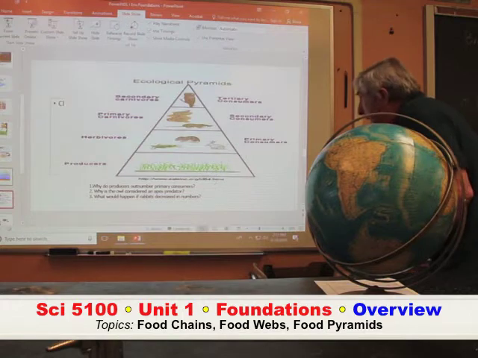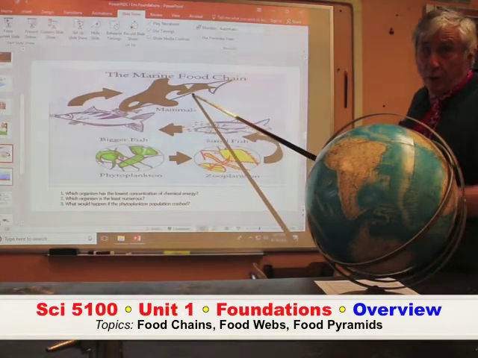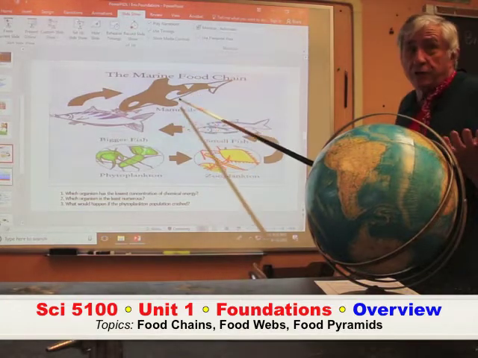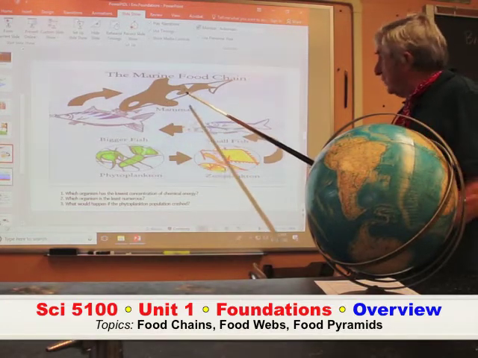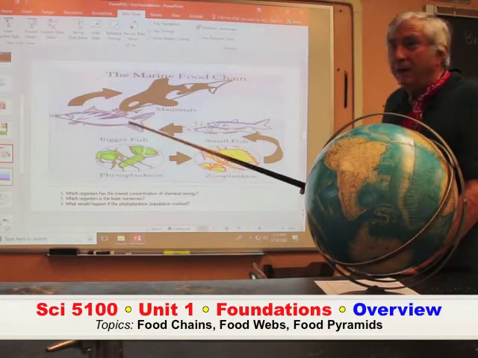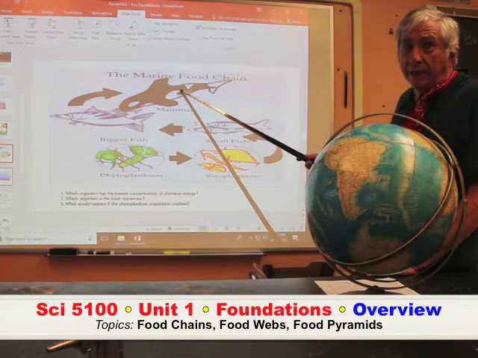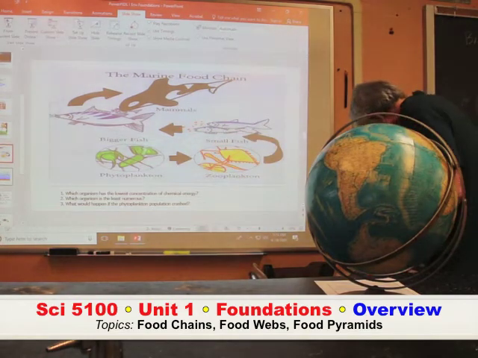I think if we go back and look at this one, the orca ends its food chain because there's no animal that normally goes after it. They say, well, some sharks might. But under normal conditions, the sharks tend to stay away from the orca. The orca has a nasty reputation. So this is called an apex predator, APEX. And you can see the apex part of the